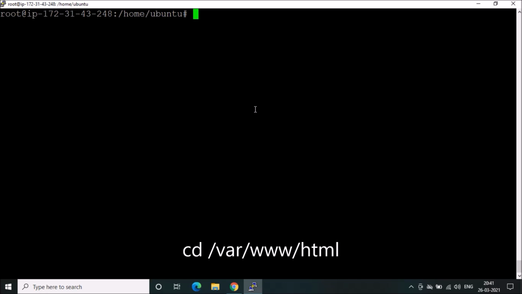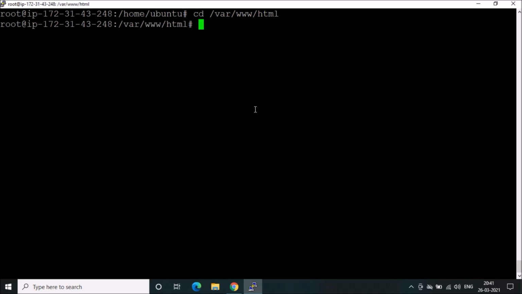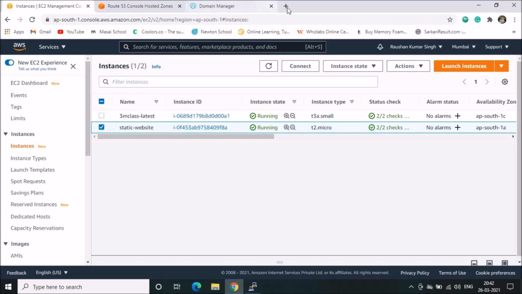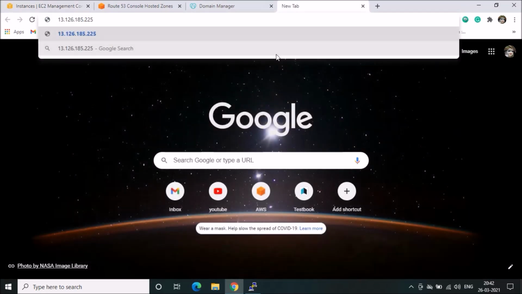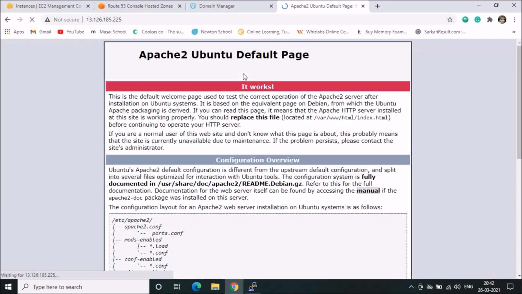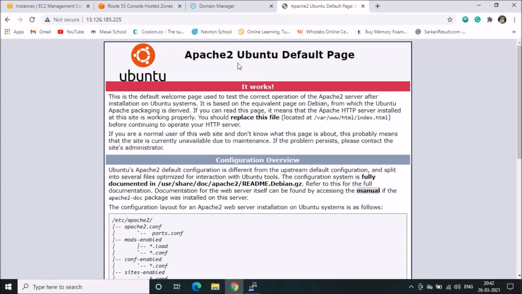So we will go in cd /var/www/html. Here it will show the default index.html file of Apache. If I copy the IP address in the browser, you will be able to see the Apache default page.